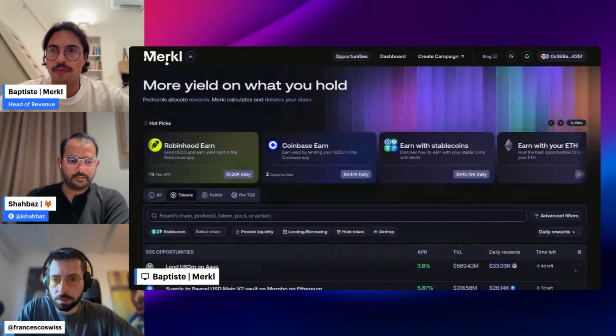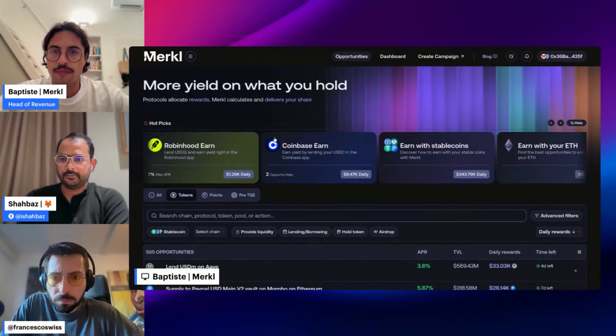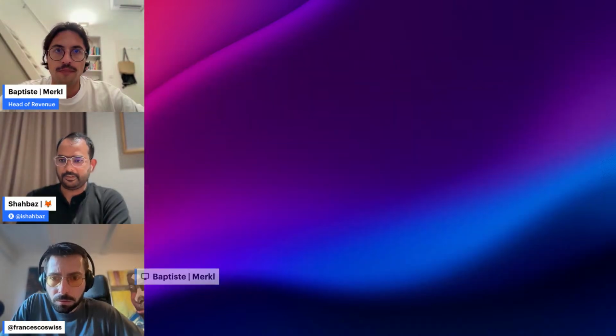Nice. That's a good use case. Thanks Baptiste for showing what Merkle is, and thanks for the integration. We see that the connection SLAs are much better, not just with Merkle but with most of the dApps that upgrade to the latest version of MetaMask Connect. That was the main purpose of this SDK: to have better connectivity and a better SLA, so the connection works out of the box.